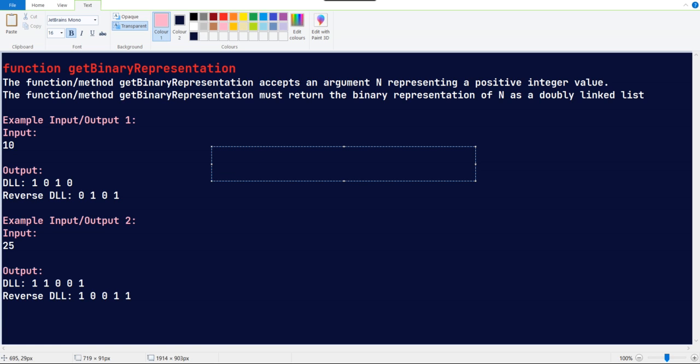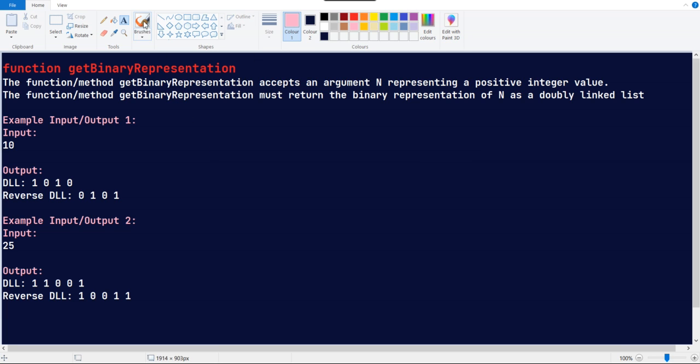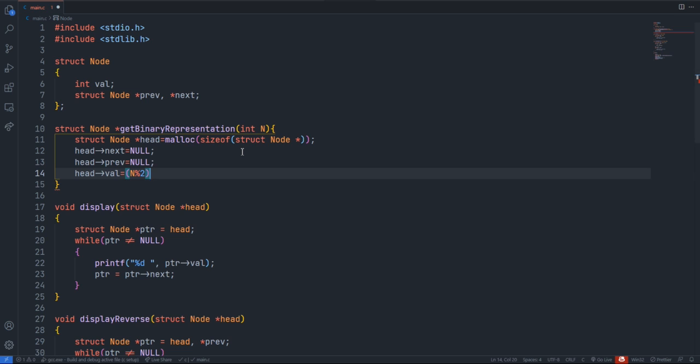For that I'm going to create a node here, and instead of going for a next node, I'm going to put all those values in a previous node, because this is a doubly linked list, right? So it will be okay. We will traverse in this order, but we will assign the values in this order, so we will get a reversed value, right? This is how I'm going to do that.